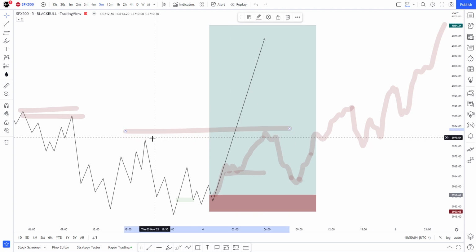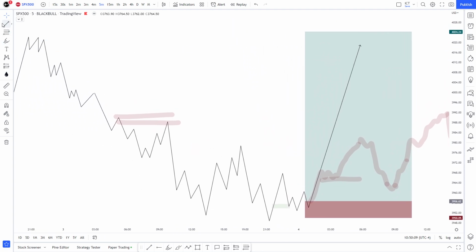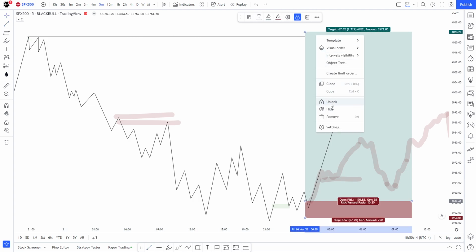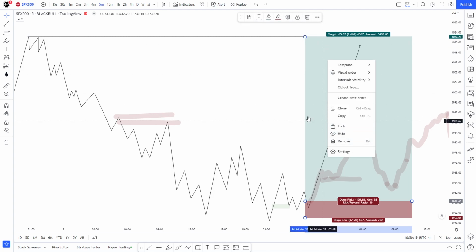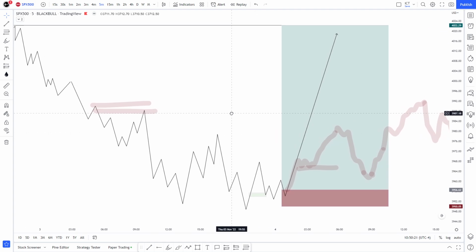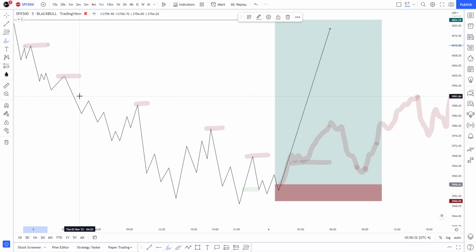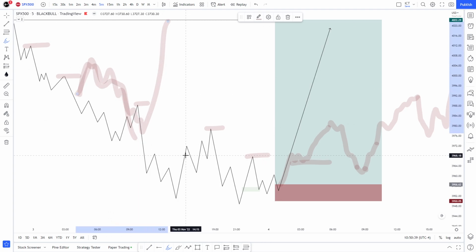First of all, I'm really happy with a 1 to a 4 or a 1 to a 5. So as an example, let's say this is our target. That 10R, that's exactly 10R, right? We have 10R as a target. I have multiple highs to the left that are going to be used as liquidity. That's reason for price to go higher, as it is also reason for price to take that and potentially turn against us. That's reason for price to take it and maybe reverse a little bit, to then just continue going higher.